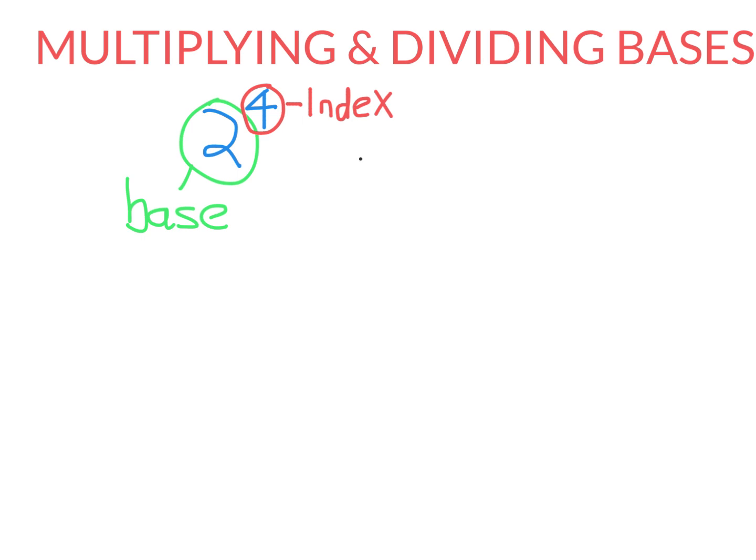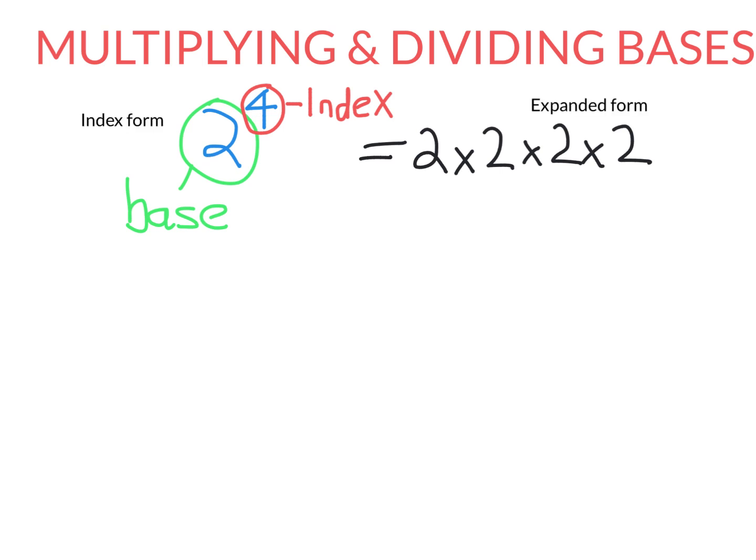Now we know 2 to the power of 4 means you multiply the base 2 by itself 4 times. That's what powers are. You multiply this number by itself this many times. So when we write it out like this, it's called expanded form. Now what if instead of just having 2 to the power of 4, I multiplied it by, say, 2 to